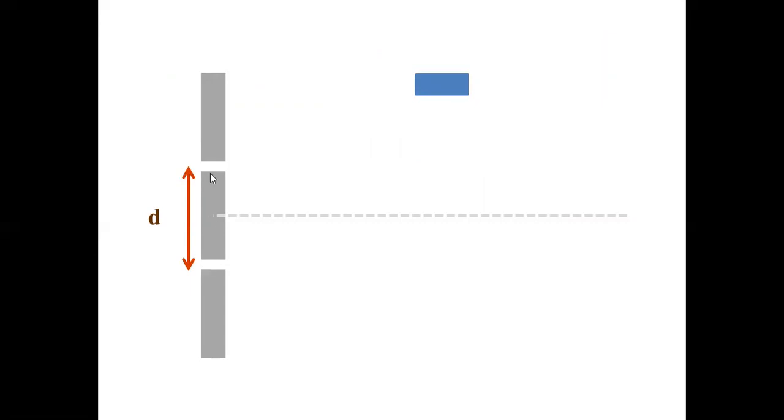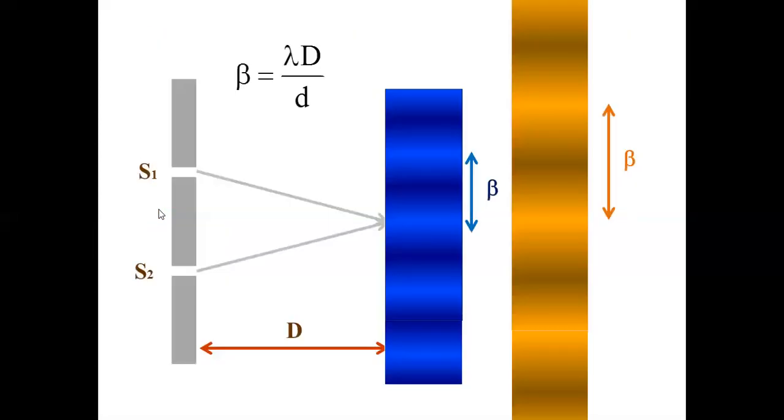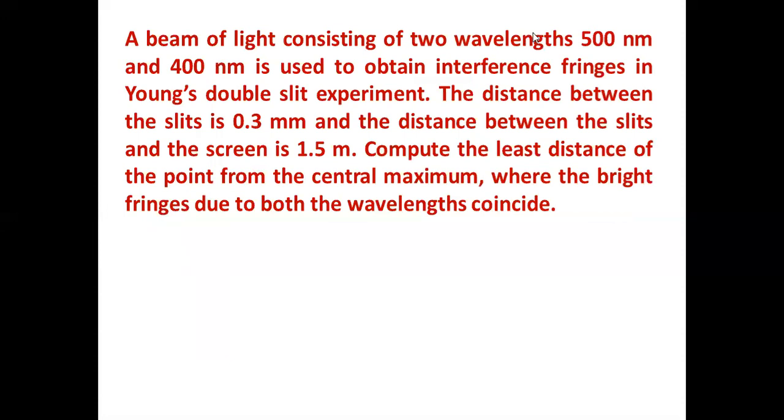You have two sources here, two bulbs. Switch on one bulb and then the other. Suppose it is 400 nanometer and 500 nanometer. One is a larger wavelength, another is a smaller wavelength. And you know that beta is equal to lambda D by d. If wavelength is more, beta is more. If lambda is more, beta is more. This is more wavelength, this is less wavelength. You know it. So if this is switched on and this is switched on, what will we do?